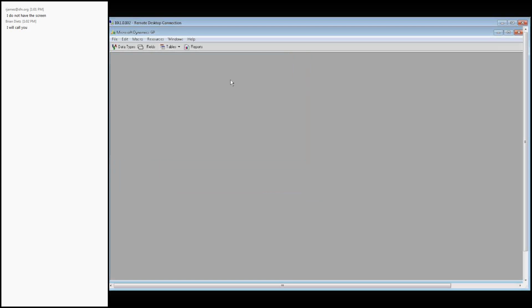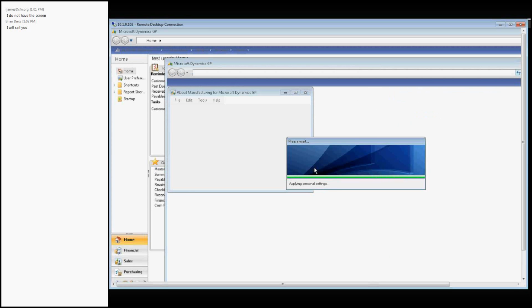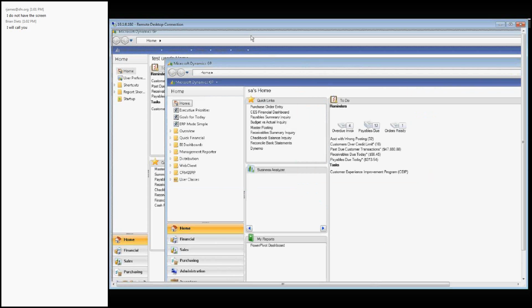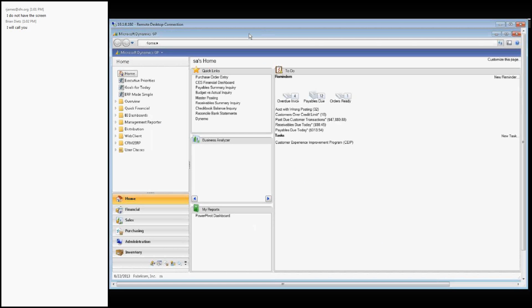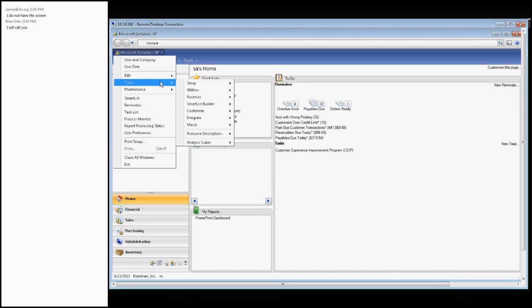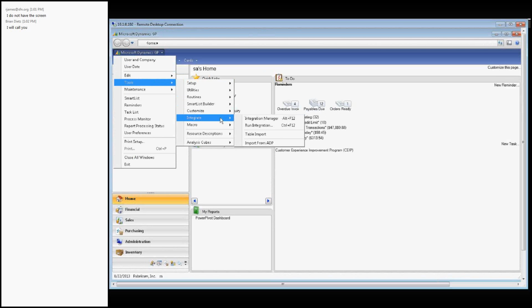I'm going to head back to Dynamics GP again. Some users like to use the table import function to take a look at the tables that they might want for their SmartList Builder, and this is the last way to look at it that we're going to review. If you go to table import, there is also a list of tables in that tool. So you can go to Tools, Integrate, Table Import,